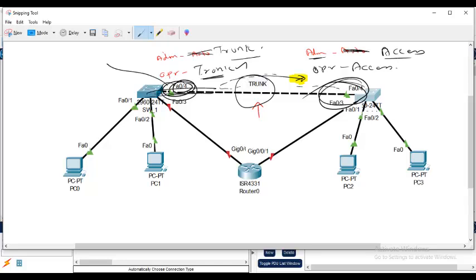For this to become a trunk, the other side should agree. You got it? Only after the approval of the other side can this side become a trunk. I would like to repeat again. See, this link is not a trunk link now because by default, administratively,